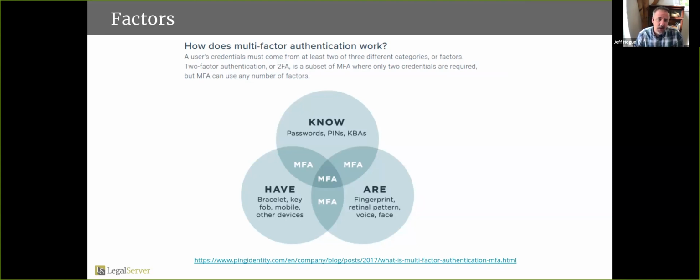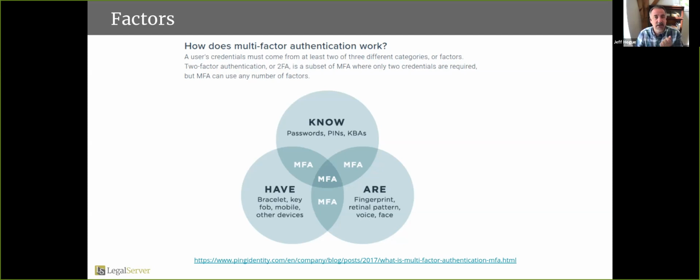Things you have. This is for the LegalServer version of multi-factor. We don't have this, but as we'll discuss, if you use a security tool from somebody like Okta or Google or Microsoft Azure or one of the other big daddies, many of them support a hardware device.